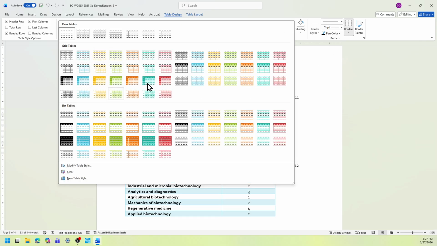This is the grid table, and look for the table 4, grid table 4. So this is 3. We just need to make sure we're selecting the right one. This is table 2. We're looking for table 4.